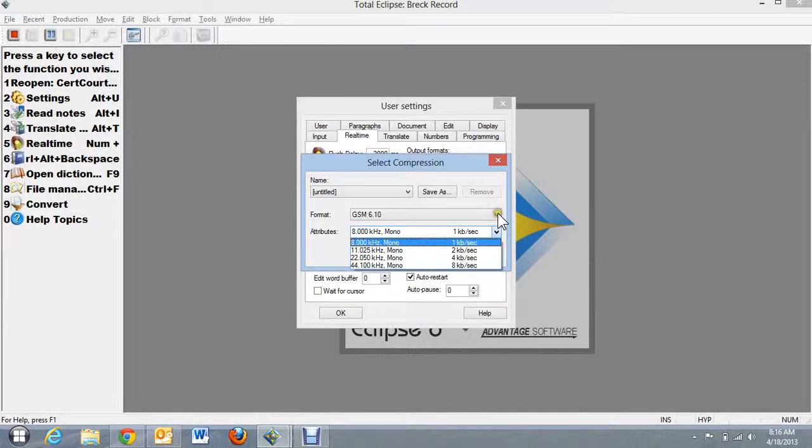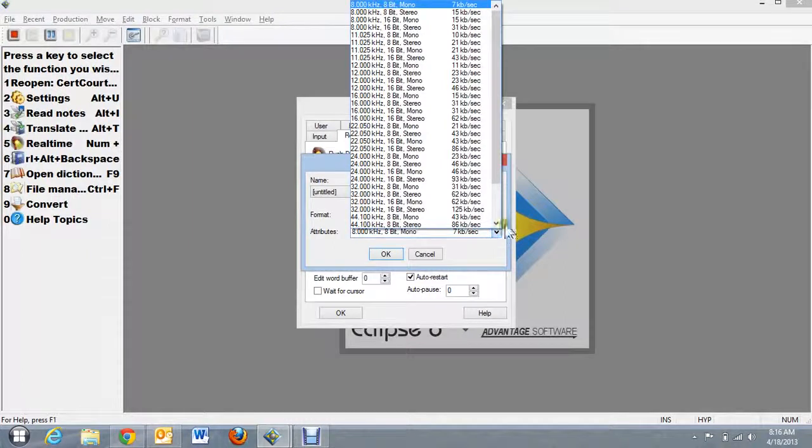Now let's go over here to PCM and look at this section. I used to use this setting here for a lot of my jobs before I was experimenting with the codec, but I know some of you like to use something in this range, like a 23 kilobyte per second, or maybe a 46, some of these higher numbers,